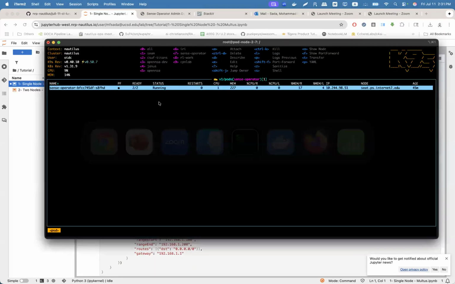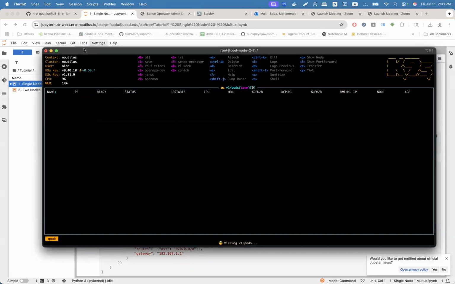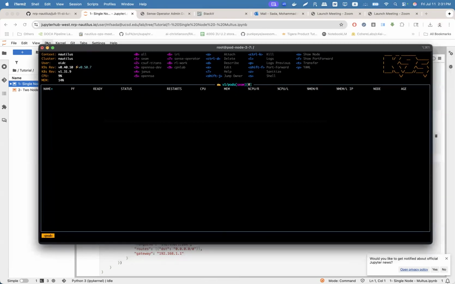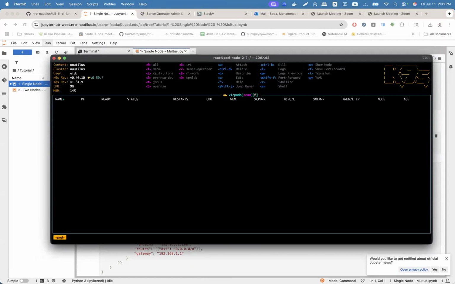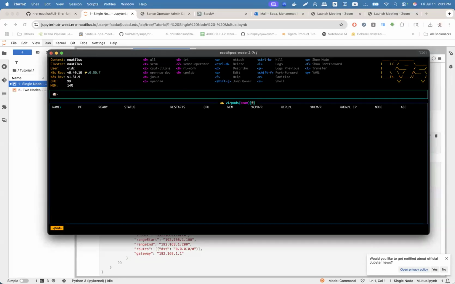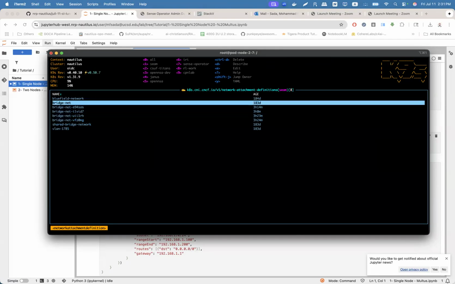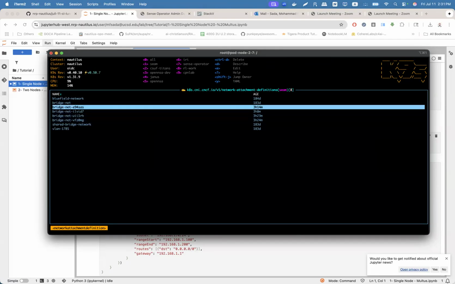And let me switch to my terminal here. So this is what you're seeing here in my terminal. This is a command line tool called K9s, and it's just a simple way of showing and interacting with Kubernetes that is much easier and more intuitive than using kubectl natively. And you can see here, a network attachment definition is a resource, and we have plenty of network attachment definitions that we're using.